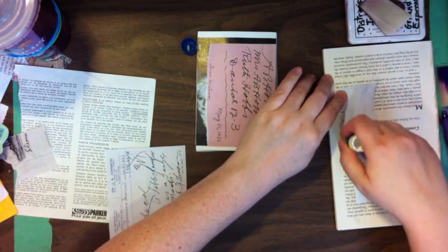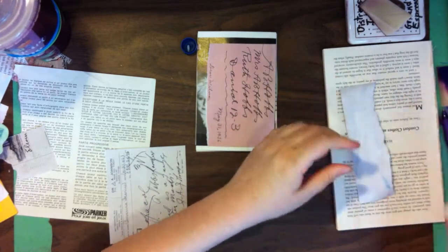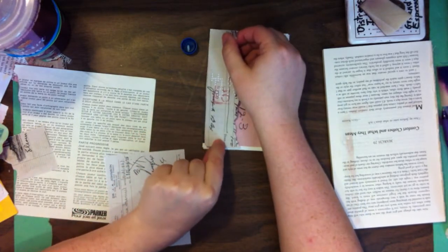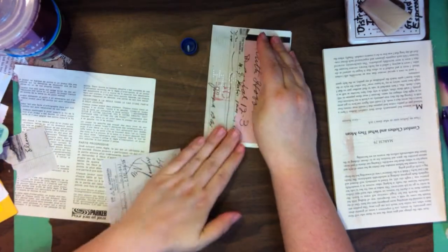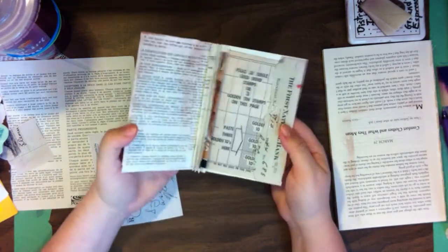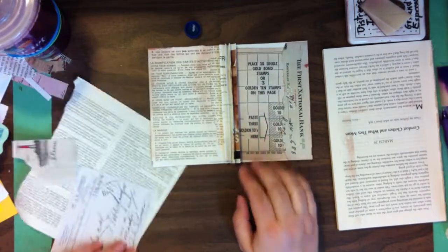Okay, come on. My glue stick is making the elevation. Okay. Now lining up to the edge. There we go. Good. Okay, so we have front and back, inside and out covered. So this would be like the perfect time to go stitch stitch. So then